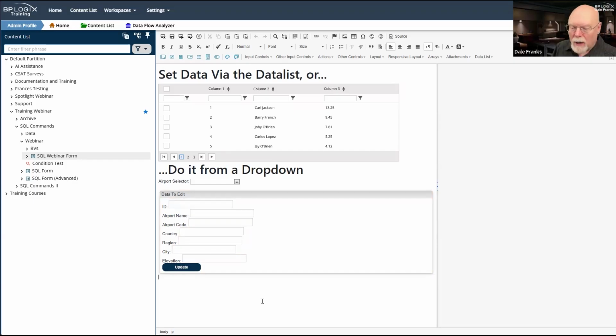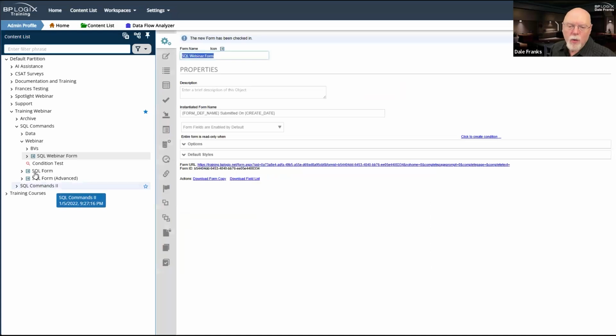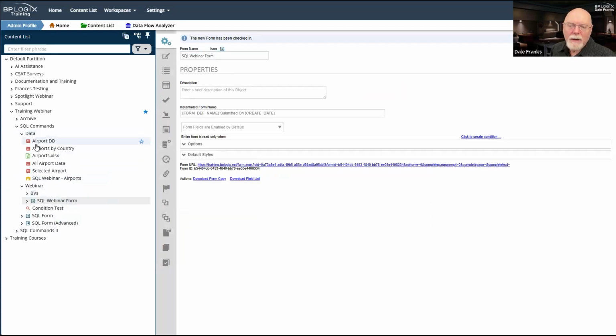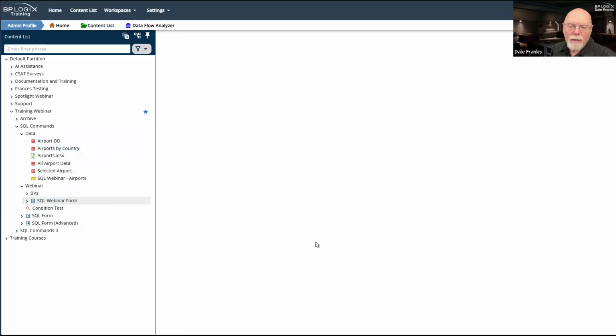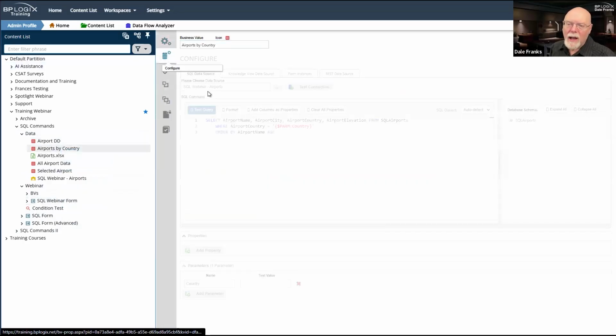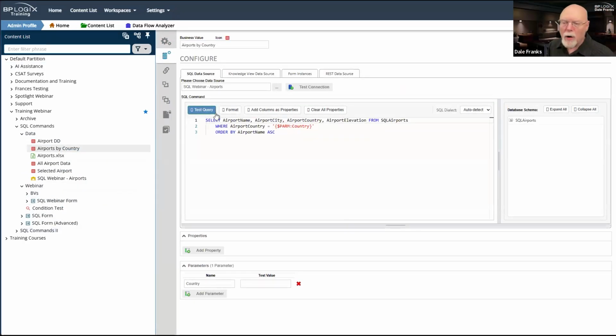Okay, well, I've got a button. What do I do with it? So far, we've used business values to go grab our data from the database. And that's all well and good. That's the best way to get data out of the database. That is where we will use our select command most often, on all of the areas where we need to select data from the database and return it. We will use a select command to do so.